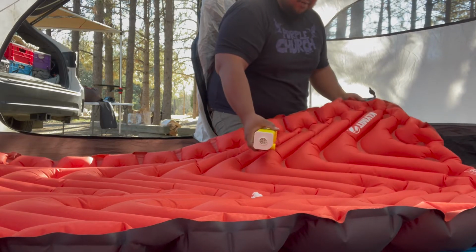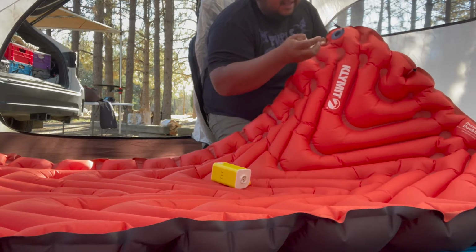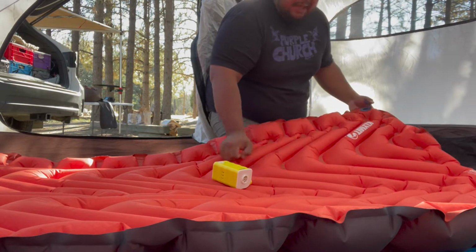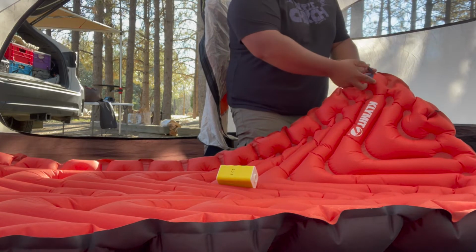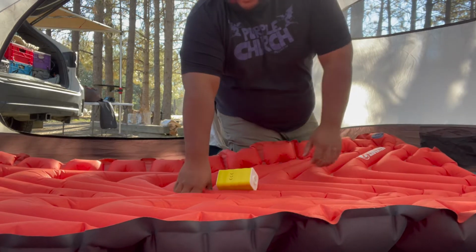Okay, that actually worked better without that thing because this thing goes inside of the hole and it keeps that open. It's pretty firm. I don't like it all the way firm. I feel like it's too firm when it's like that. So I'm gonna try it just like that tonight. See how it goes. If I need to put an extra burst of air in it, I will do that. But